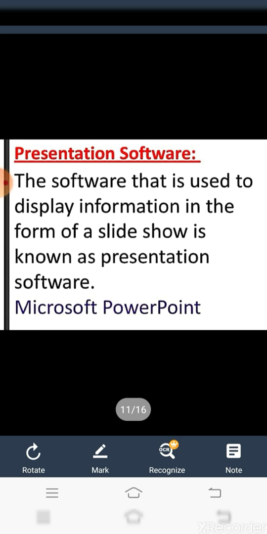Right now we are doing a presentation to read this chapter. So this is also a type of general purpose software. It lets you create slides, charts, animation and video clips. Some examples are Microsoft PowerPoint, OpenOffice Impress, etc.